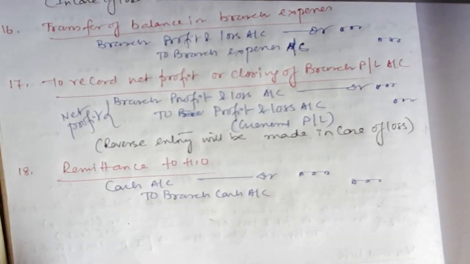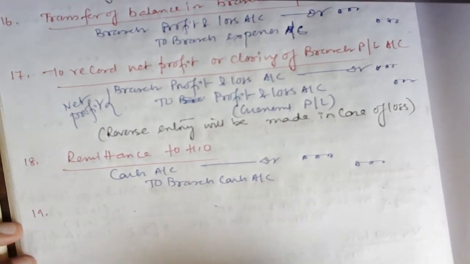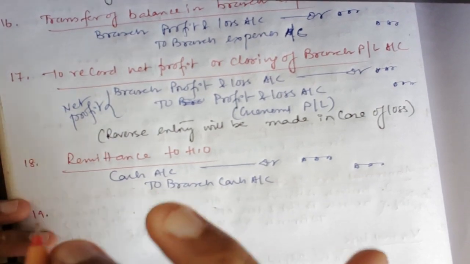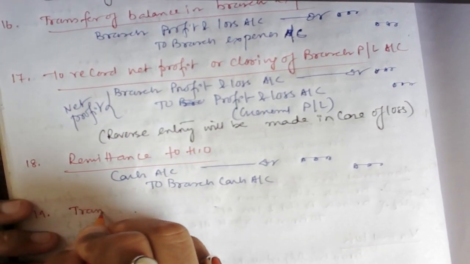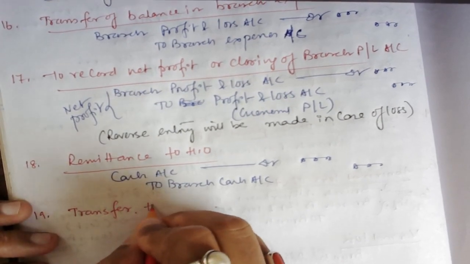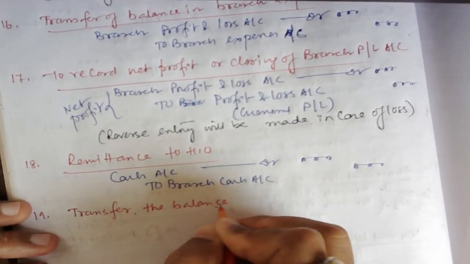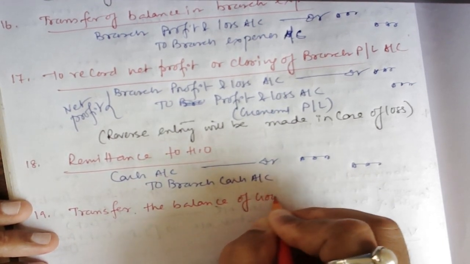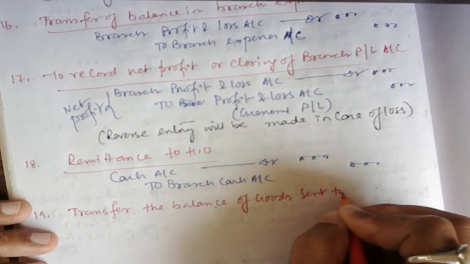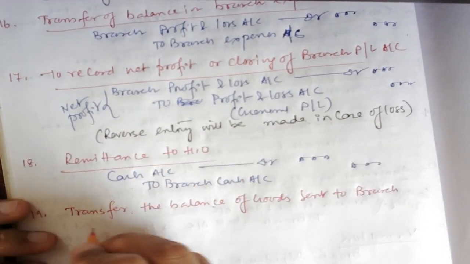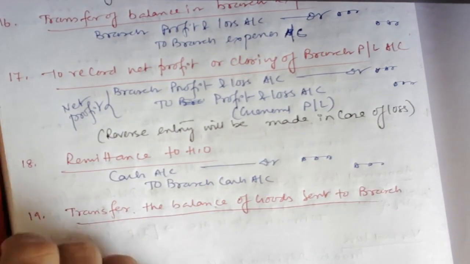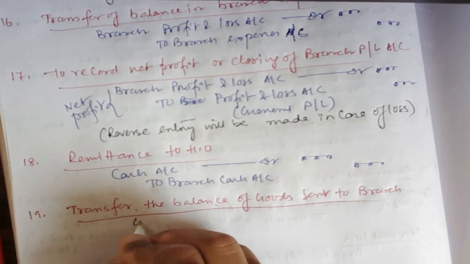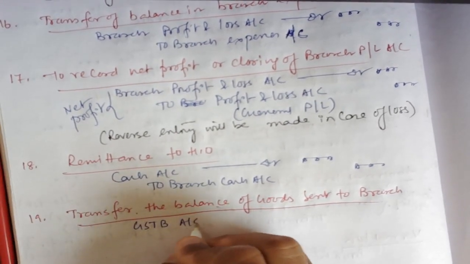Now the 19th entry, that is the last entry. Every account we have already closed. The last account you have to close is goods sent to the branch. So transfer the balance of goods sent to branch, since it is required to be closed now. It's very easy. GSTB account debit